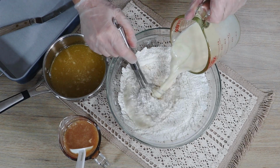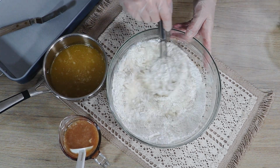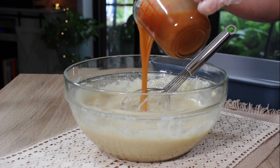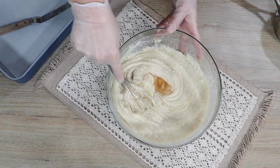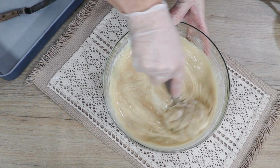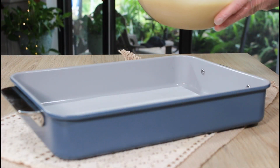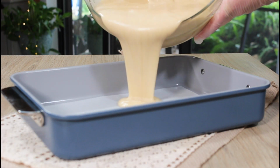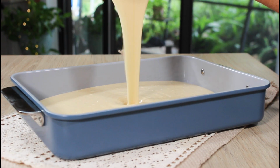And this is a really simple one bowl mix where you're basically just adding the wet ingredients into the dry ingredients, including some of that reserved and cooled caramel sauce. Into a greased and parchment lined 9-inch by 13-inch cake pan